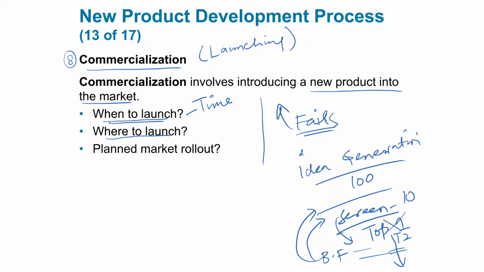Then where to launch it? Normally businesses who are working internationally, they do not launch the product just everywhere. They make sure that where to launch it and when to launch it. A lot of the companies, like take an example of the famous brands like McDonald's, KFC, Starbucks, Toyota, Honda. They have products in different countries and the products slightly look different based on the region as well. So where to launch it? The region or location.